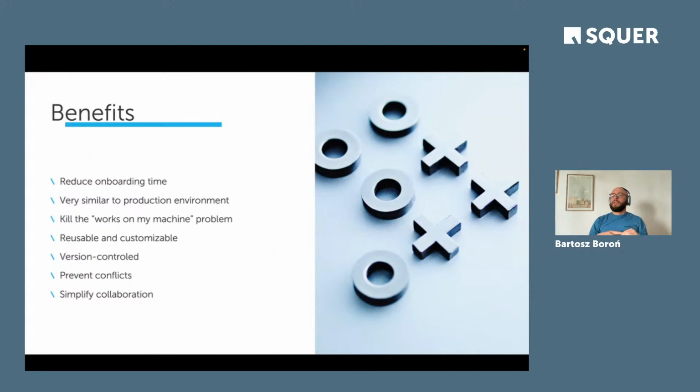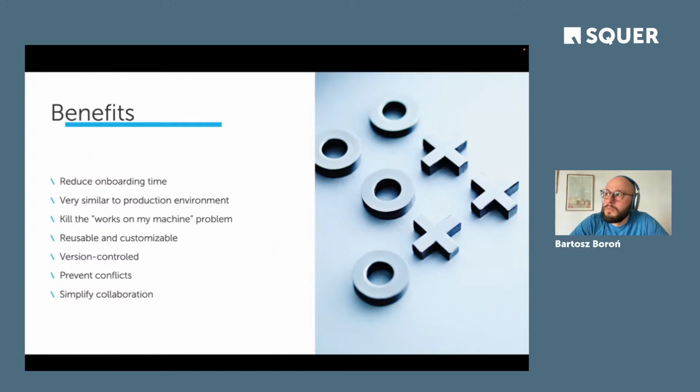Also, having this container, which you can rebuild every time into the same kind of output, makes the whole environment more portable, especially across different platforms. So if you have in your team people with Macs, with Windows, with Linux machines, it's much easier to bring the same consistent experience for everyone. And basically it removes any possibility of having something working on my machine and not on yours.